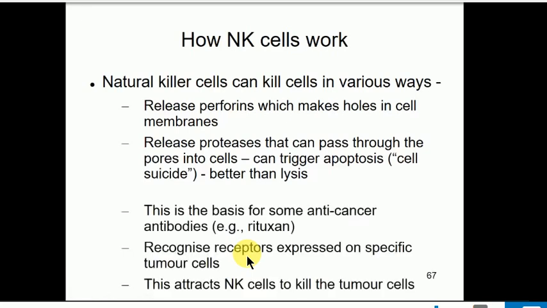Now, people have exploited this. So, for example, there are various kinds of cancer therapies that involve antibodies against cancer cells. An example is Rituxan. Rituxan is a monoclonal antibody that recognizes particular proteins which are expressed on the surface of cancer cells. And the reason this is very useful is that the Rituxan will bind to these